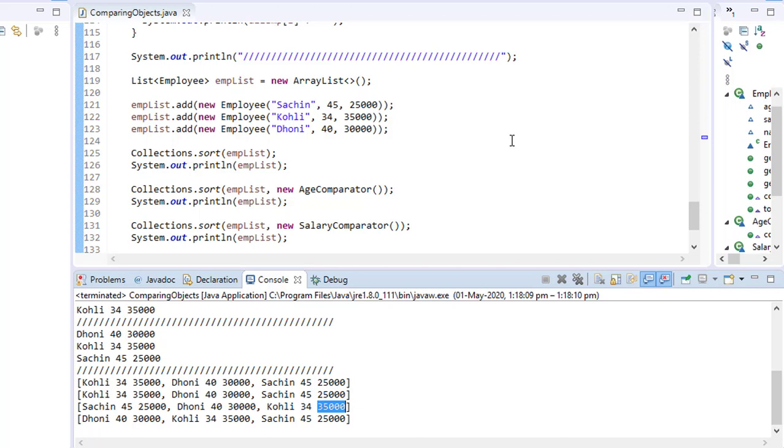But if in your system you have different sorting points, like in some cases I want to sort based on the salary, or in some cases based on the age or name, then it is always ideal to have different comparators, so that according to your requirement you can put the comparator there, right?